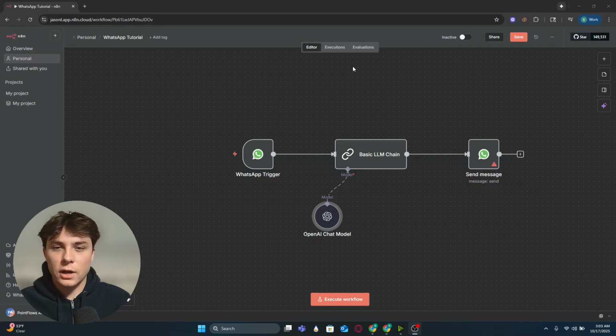Today I wanted to show you guys the quickest and easiest way to set up WhatsApp on n8n. I'm going to show you guys how to get the credentials connected and how to get everything running so you'll be able to receive messages from WhatsApp, send it to an AI agent for example, and then reply directly back